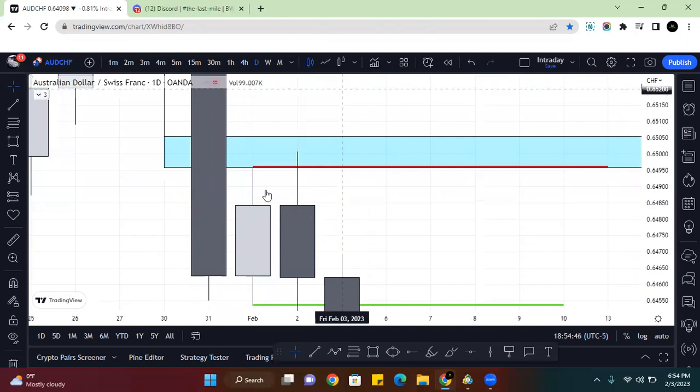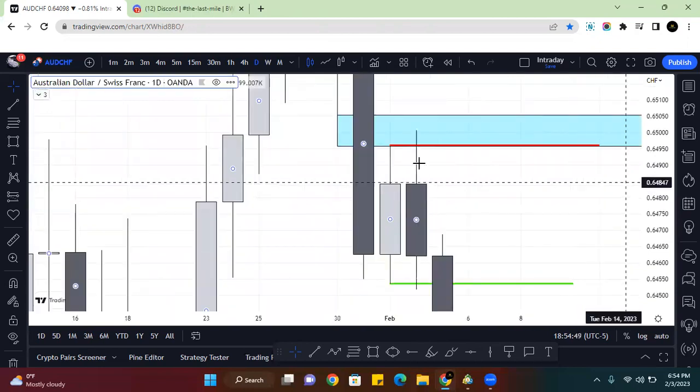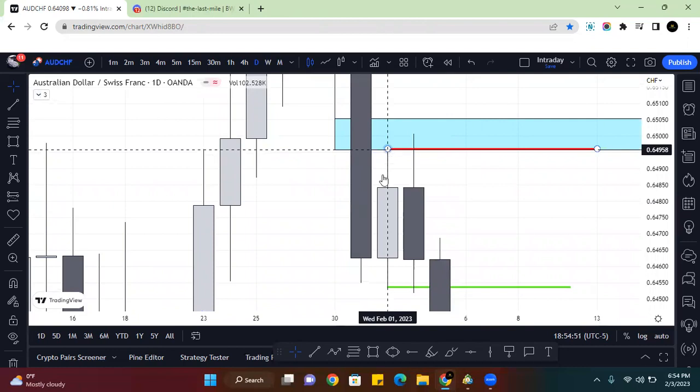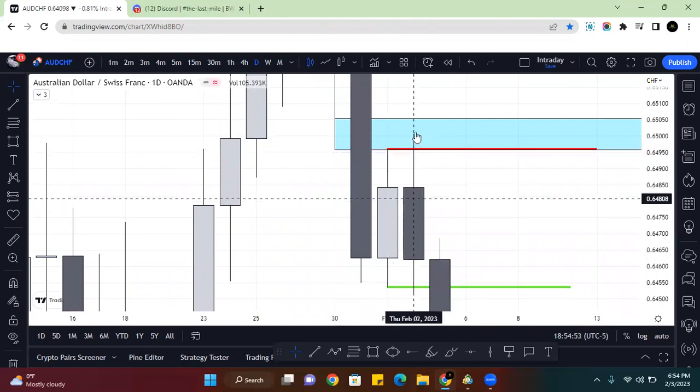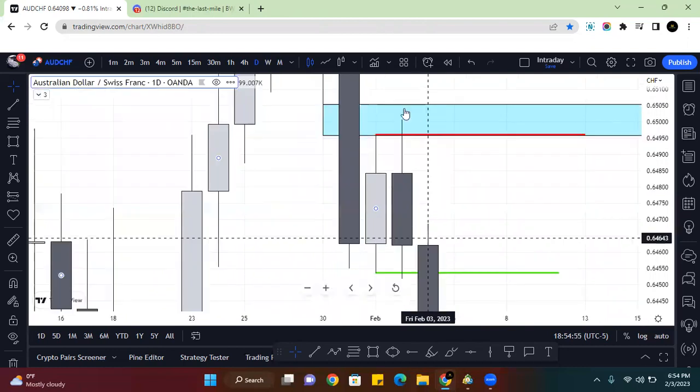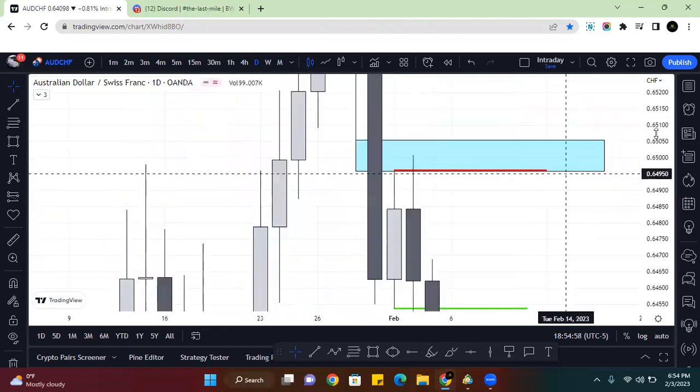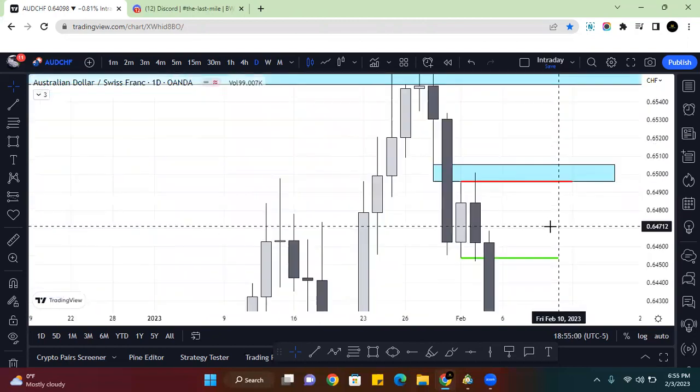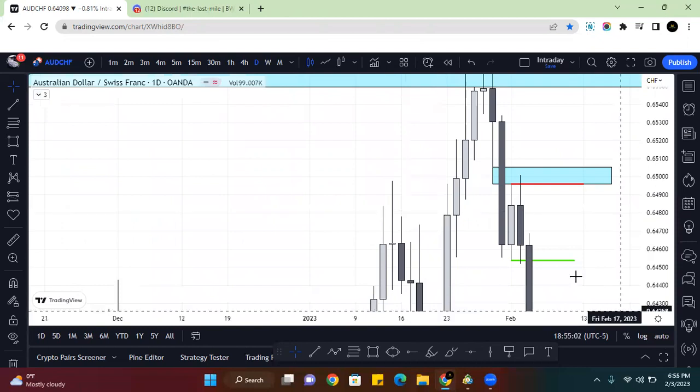And then what happened after that? Price ended up selling off. And also, at the same time that it took that high out of the previous day's candle, it filled the imbalance and had the continuation. So you would have been basing this trade right here off of the premise that you had